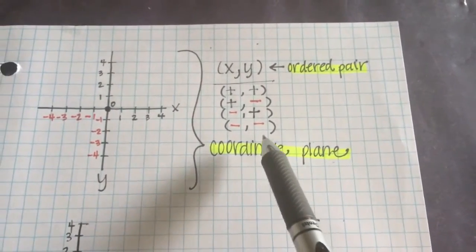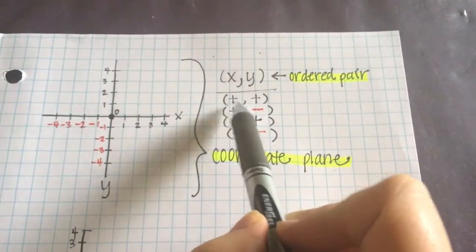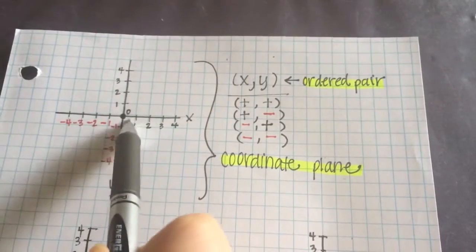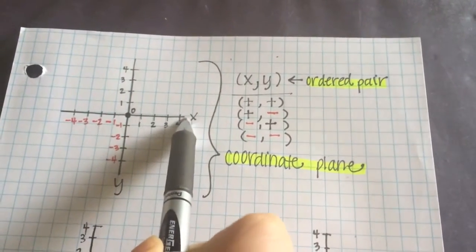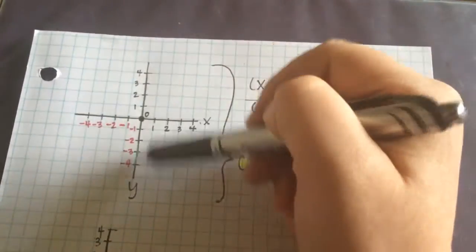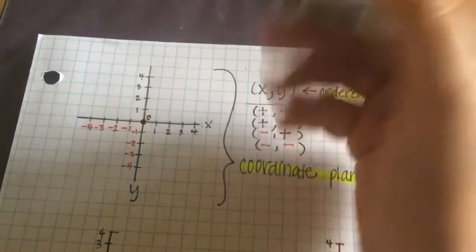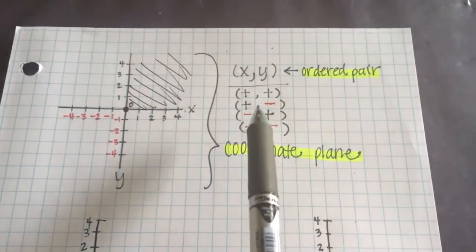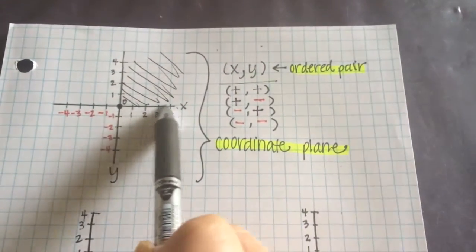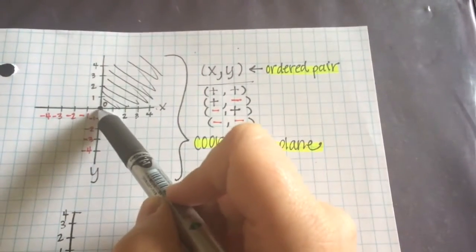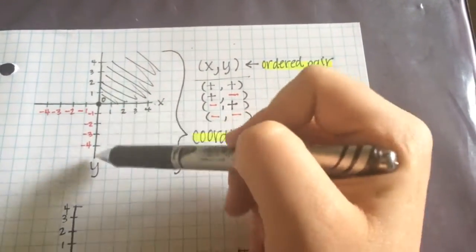So when you have a positive x and a positive y, the x-axis is right here, so it'll be somewhere to the right of 0. And then if your y is positive, here's the y-axis this way, and so it'll be somewhere up here, in this region. If you have a positive x, it'll be somewhere to the right of 0, but a negative y, you're going to find the 0 on the y-axis, and it'll be somewhere down in this region.